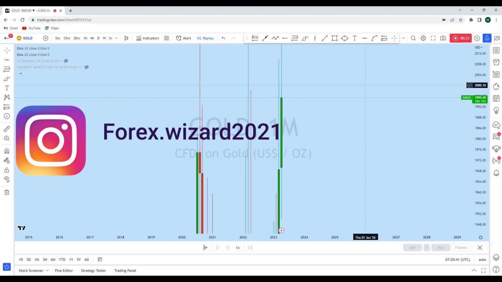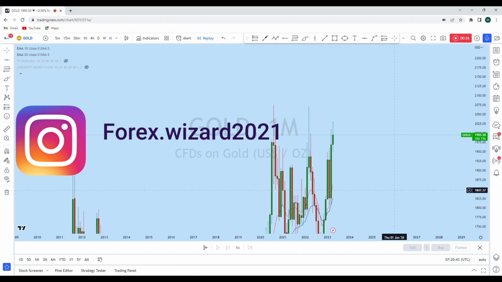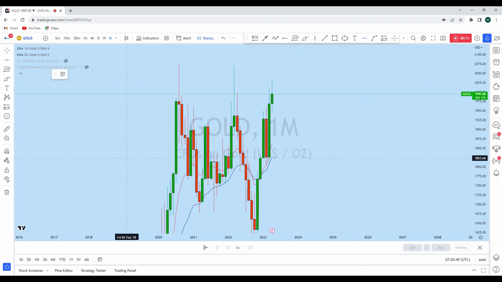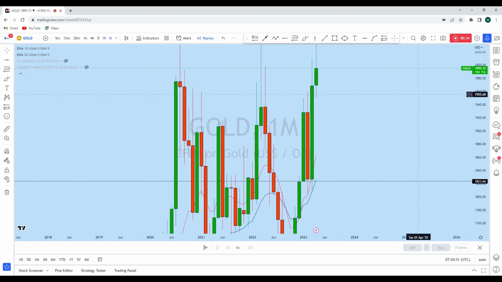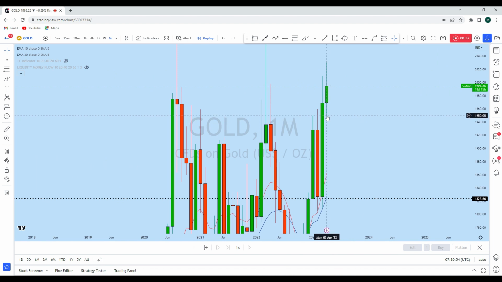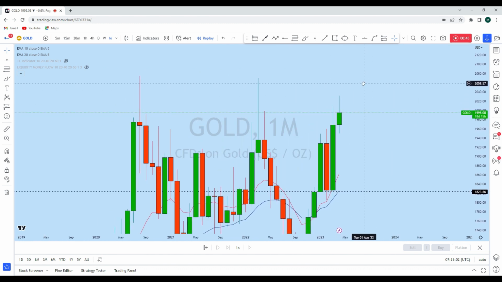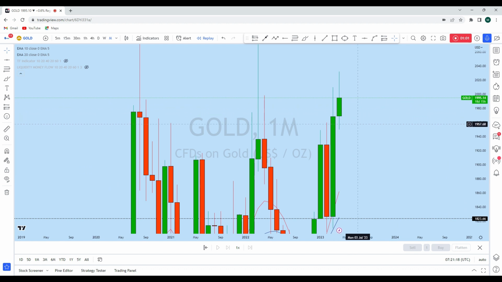Looking at the monthly, we can see that gold, after the previous strong monthly bullish engulfer, opened this month with a little pullback and then a bounce to the upside. Due to some fundamental factors, such as a positive NFP result, we have seen a short-term strengthening on DXY, giving a little bit of downward bias on gold. This week the market opened with a gap and the price